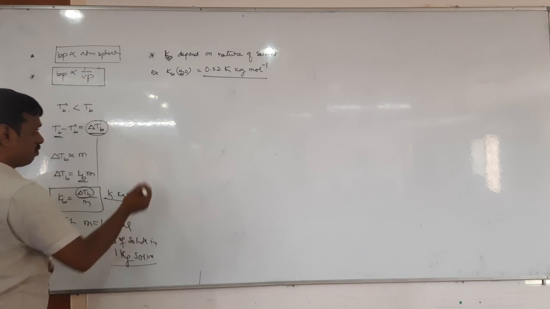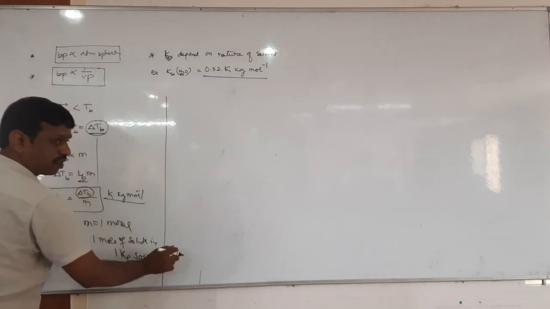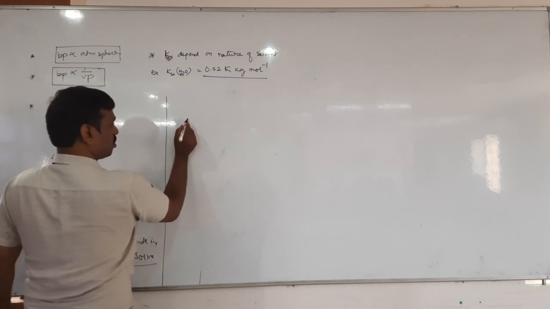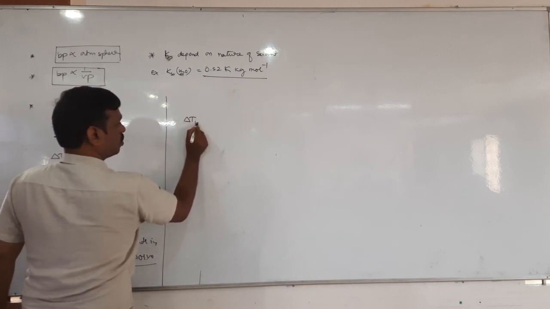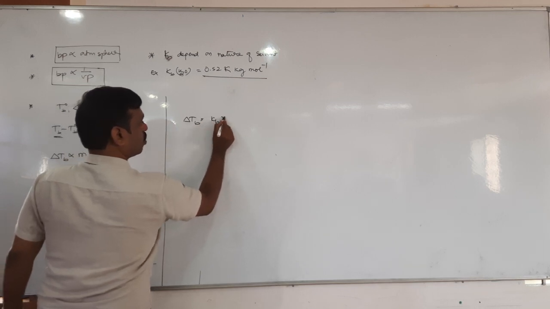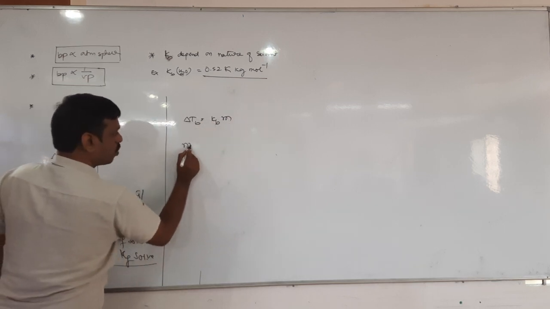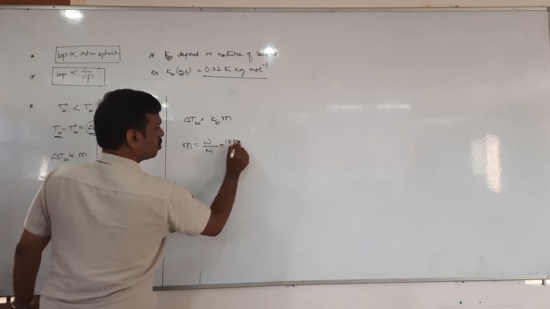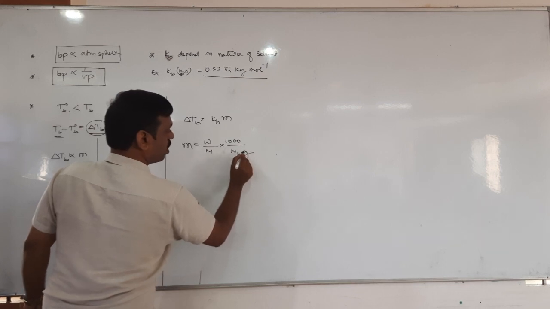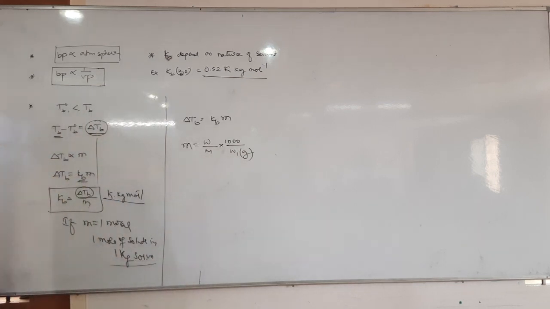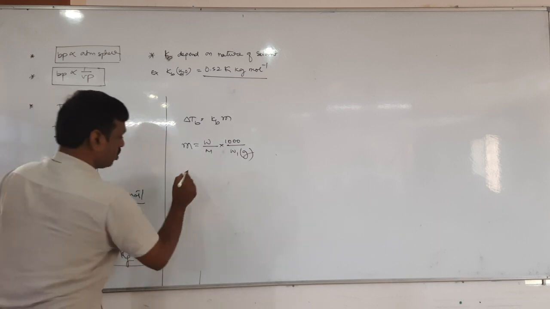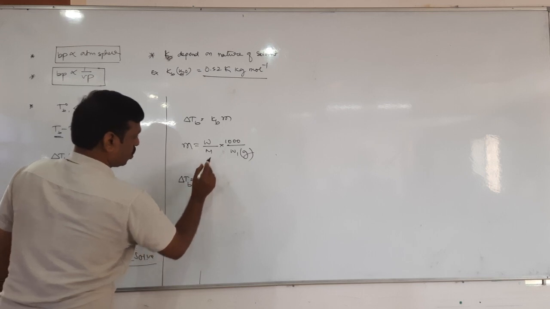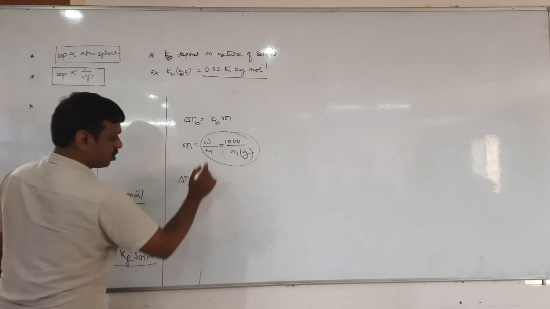Next, the derivation for determination of molar mass is also over. So how do you determine the molar mass of the solute? For determination of molar mass of the solute, delta Tb equals Kb into small m, molality. But we know that molality equals weight by gram molecular weight into 1000 divided by W1 in grams. What is W1? Weight of solvent. So therefore delta Tb equals Kb into this molality substituted here.